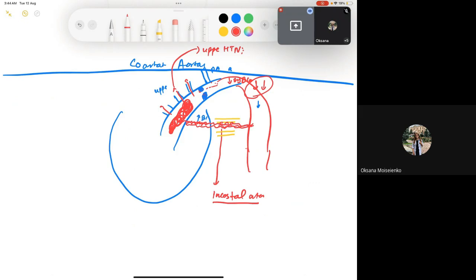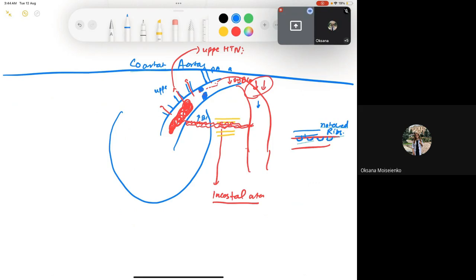If these are your ribs and these are the blood vessels having a lot of blood, continuously pulsating, the rib is going to become eroded, resulting in notched ribs, right? Is it clear? So we are going to have notching of ribs. Rib notching on X-ray is a characteristic finding of